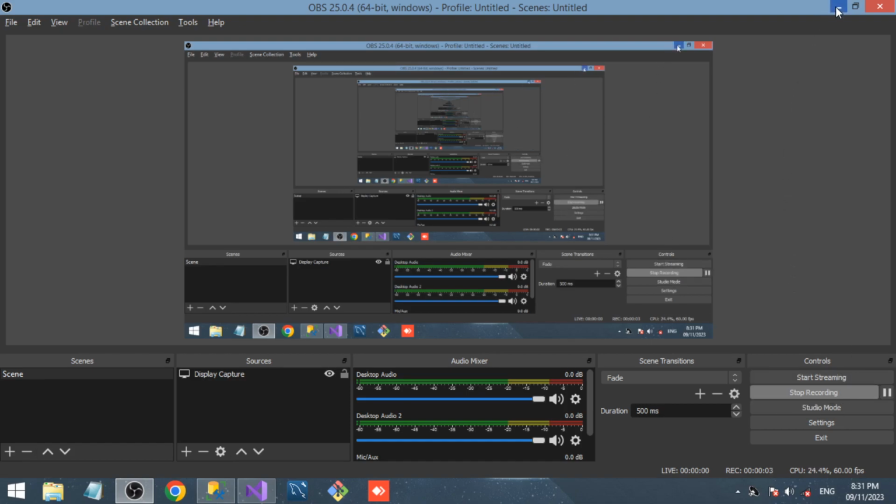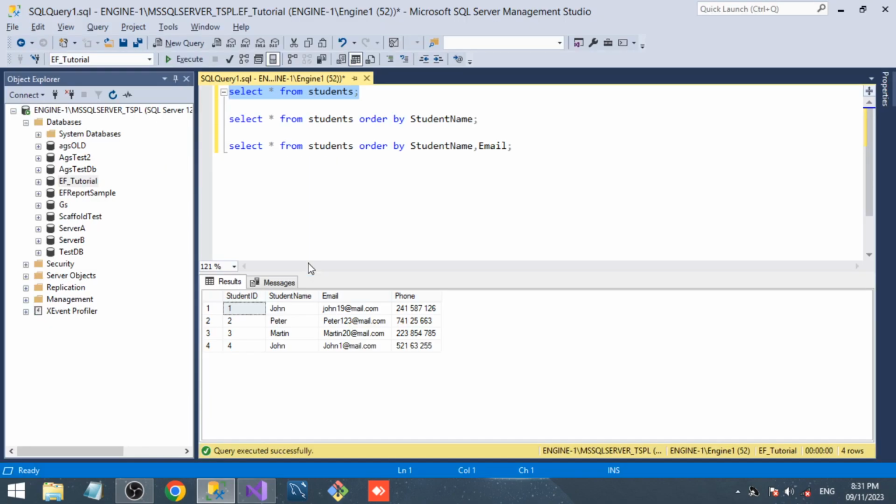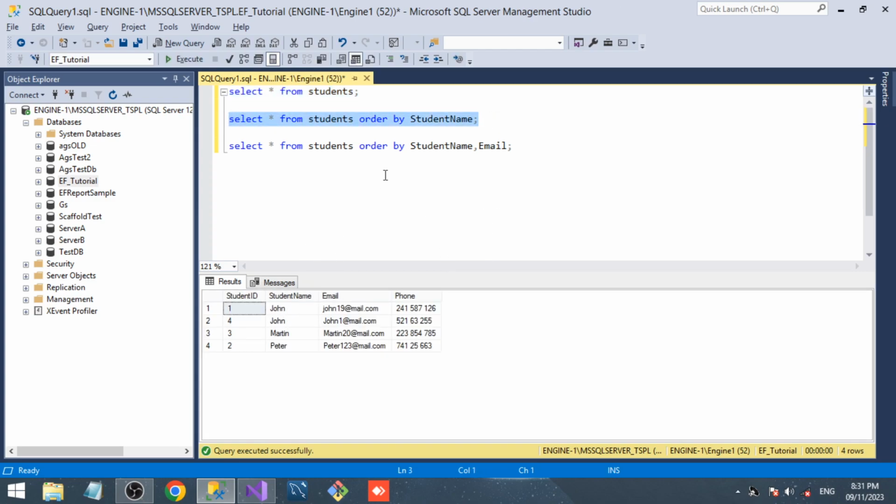I'm Srinivasan, a .NET developer. We are looking into Entity Framework tutorials. In this video, I'm going to teach you how to order the values of a column by writing a simple Entity Framework statement. For that, I have a simple table called students, and inside that we have four students. I wrote simple queries to order the student name